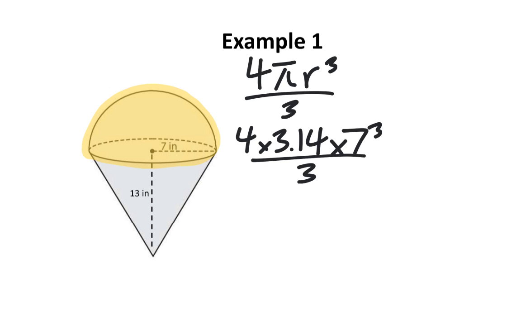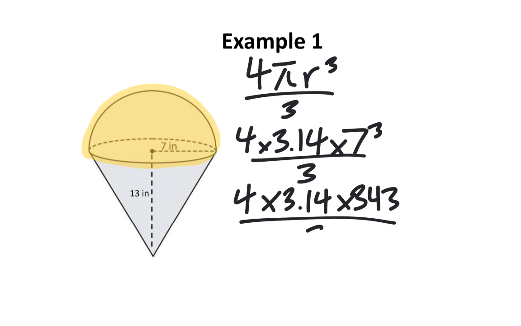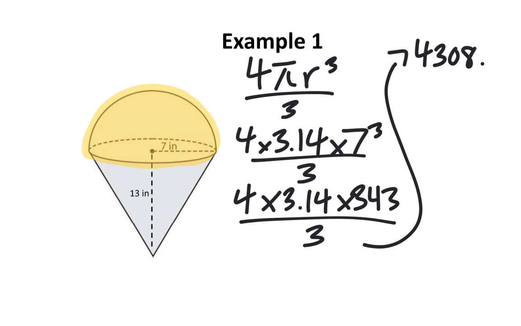Using BEDMAS, we need to do exponents first before multiplying and then dividing at the end. 7 to the power of 3 is the same thing as 7 times 7 times 7, which is 343. 4 times 3.14 times 343 is equal to 4,308.08. We then need to divide this by 3, and that is going to give us approximately